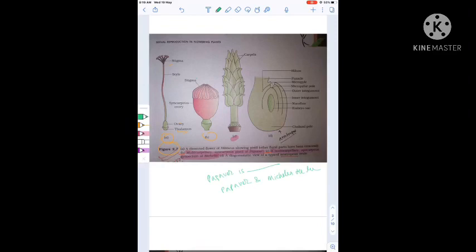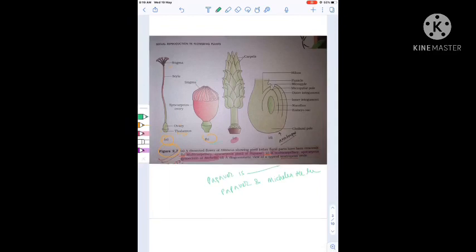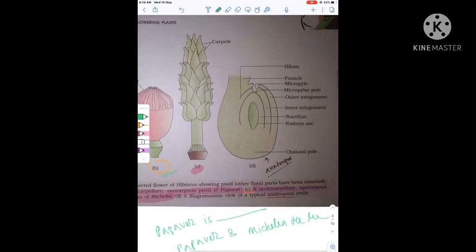Then the option will be given as multicarpellary syncarpous, then multicarpellary apocarpous, this type. Okay. So diagrams B and C are important. Now diagram D. In diagram D, the identification is important.